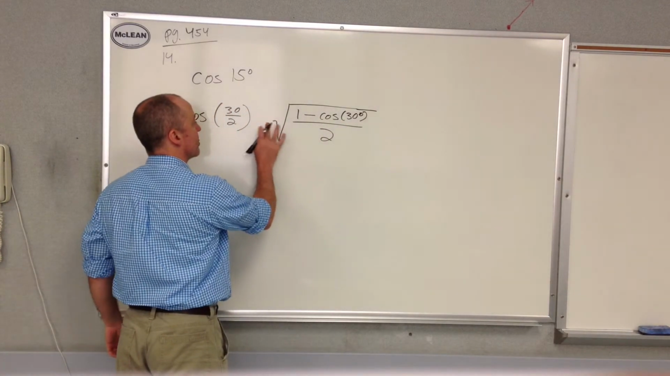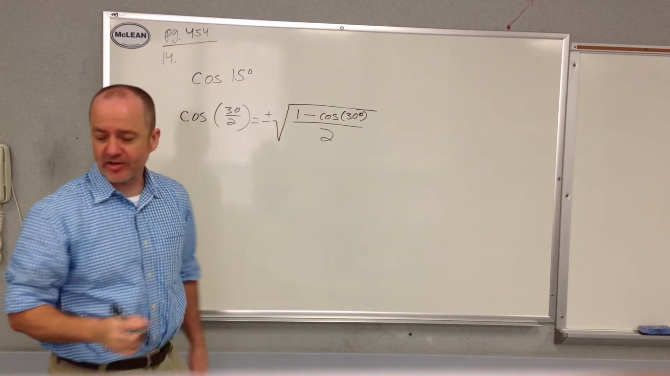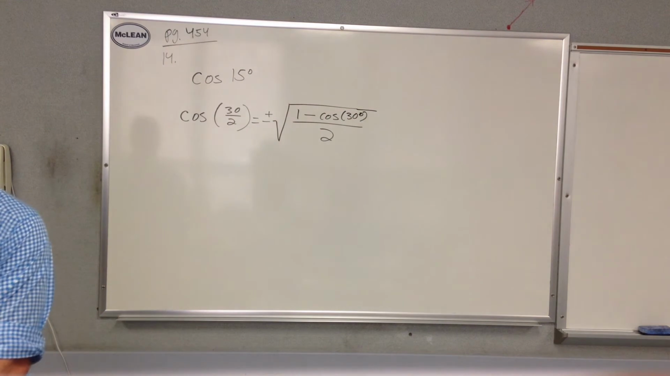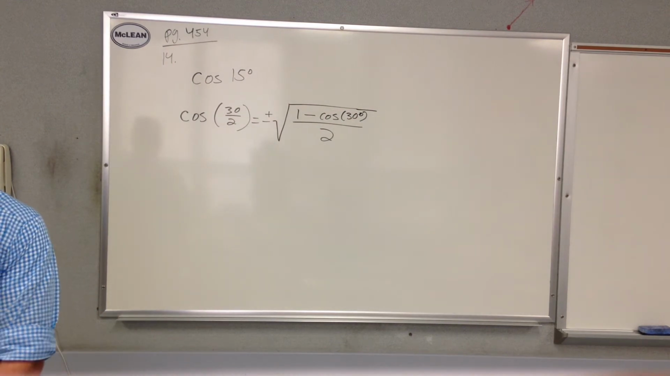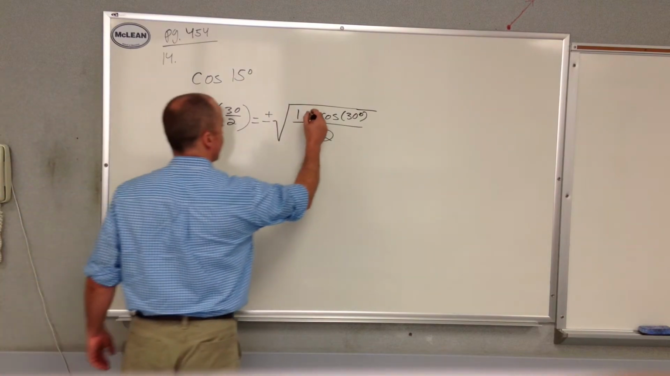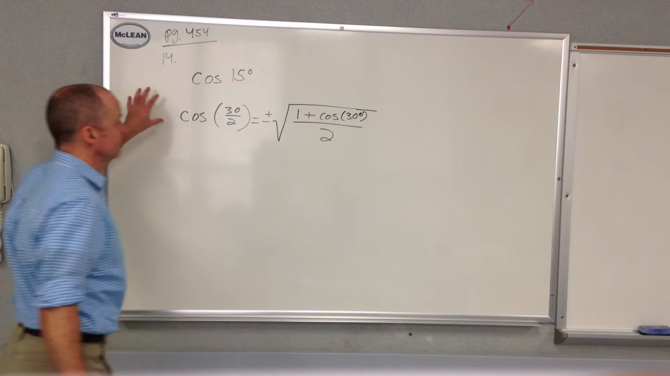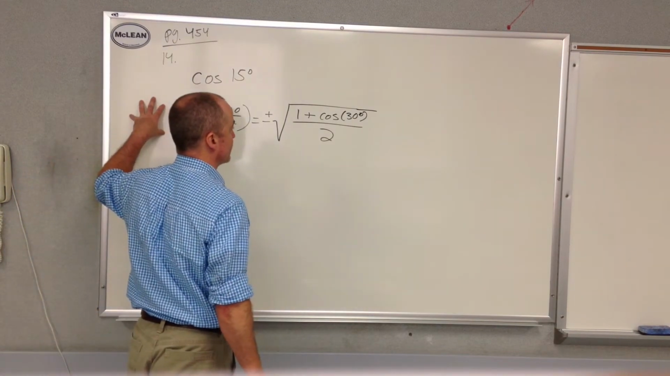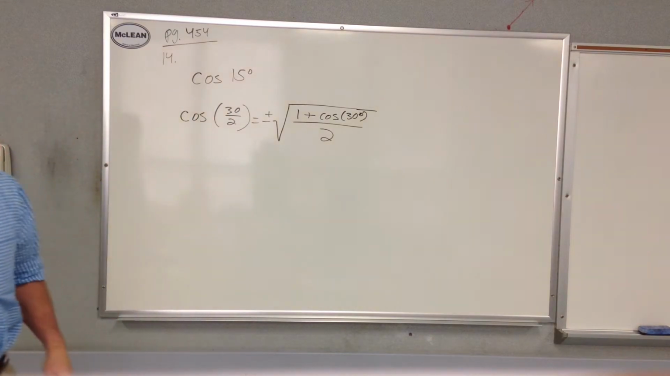Wait, is it sine is plus, cosine is minus? Double check me. Should I have a plus there or minus there? How am I doing? That's plus. Cosine is plus. Thank you, Danny. Very good. So that's cosine plus. Okay, so now it's the correct formula. The plus or minus is in the formula, but